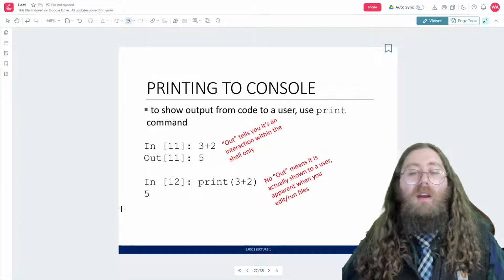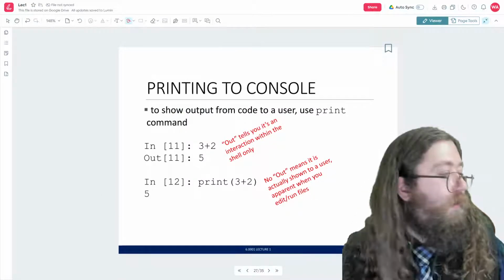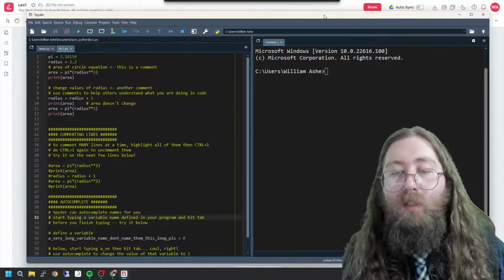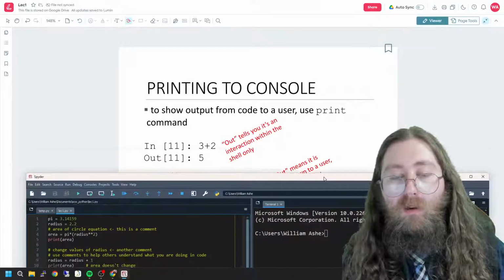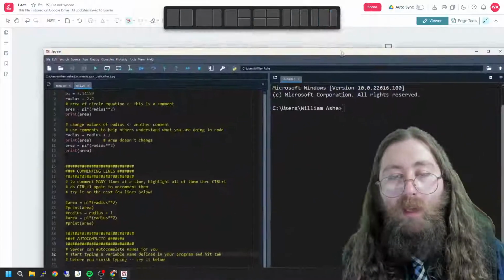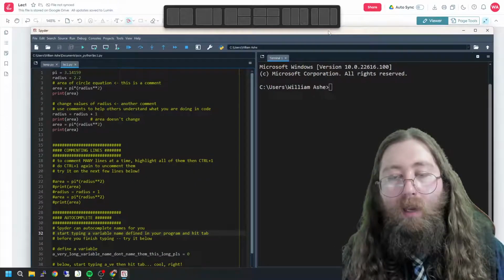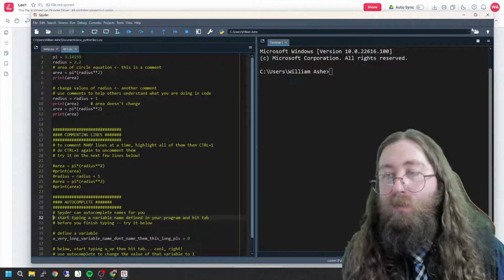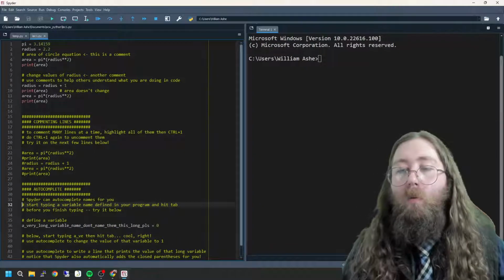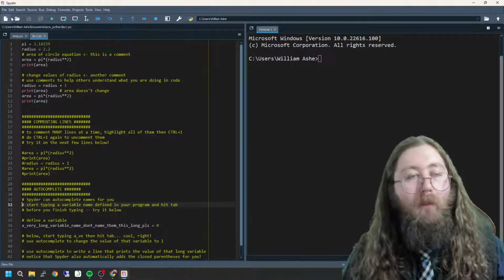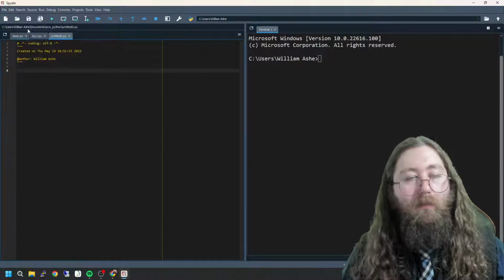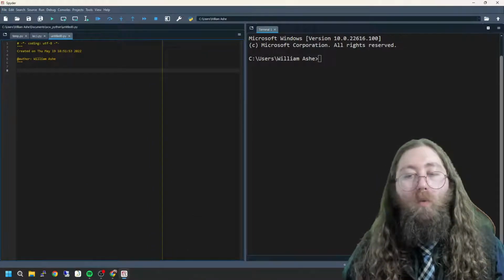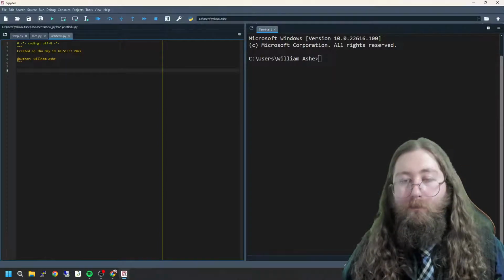So we're going to practice printing to the console next. So I'm just going to pull that up. This is an IDE called Spyder, and Spyder is available for free. It is the Python package for scientific studies, so it's really great. Now, what we're going to do is, I'll just do a new file. I have something else open. Okay, so I have this new file here, and I'm going to work in two different places here.